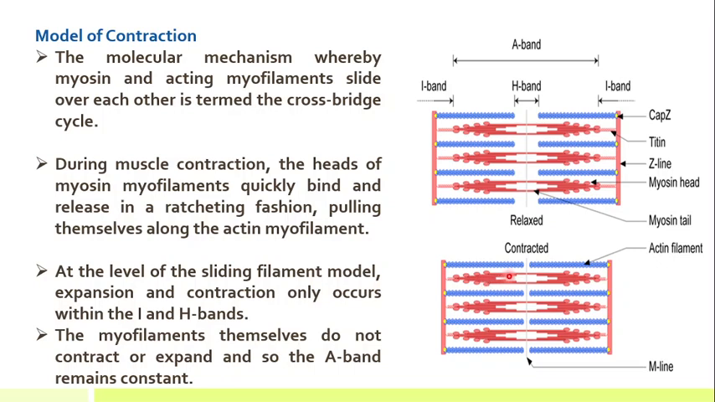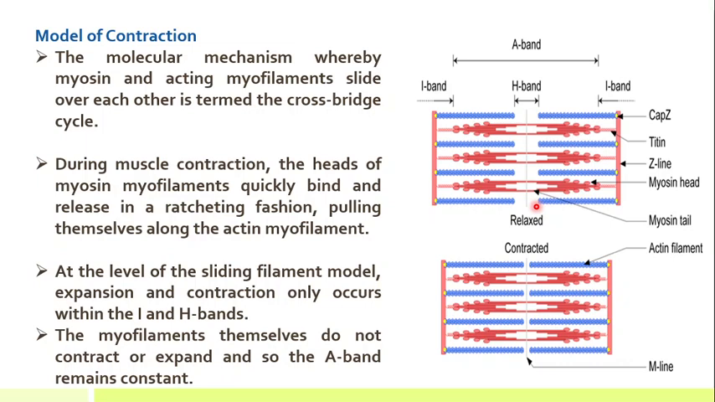During muscle contraction, the heads of the myosin filament, see here, the small circular globular structures, are the heads of the myosin filaments. These heads of myosin myofilaments quickly bind to and release in a ratcheting fashion, pulling themselves along the actin filaments. At the level of the sliding filament model, expansion and contraction occur within the I and H band. Between the two I bands and H band,